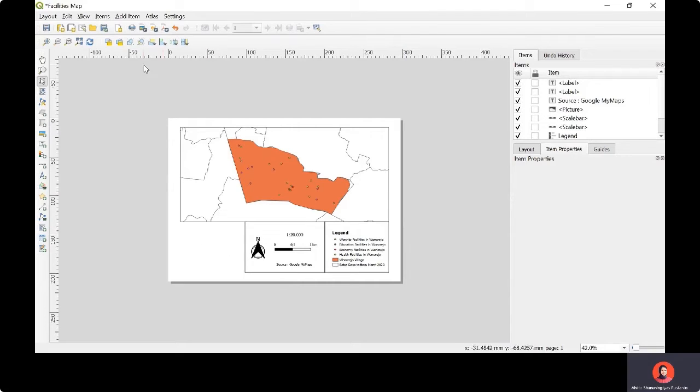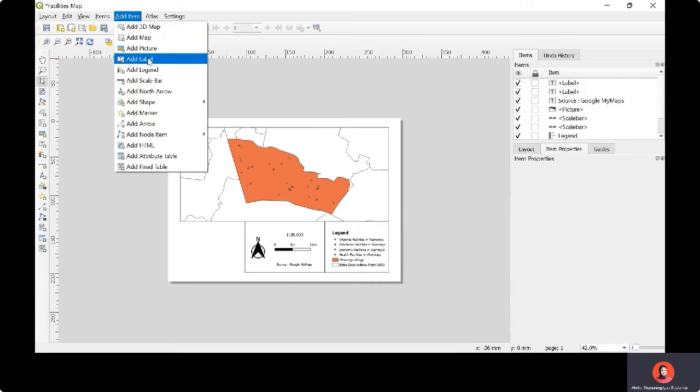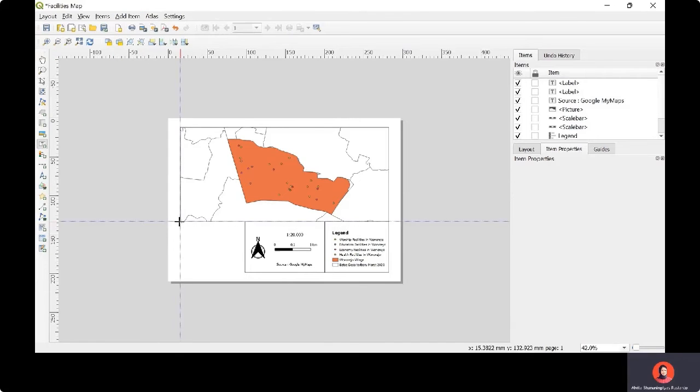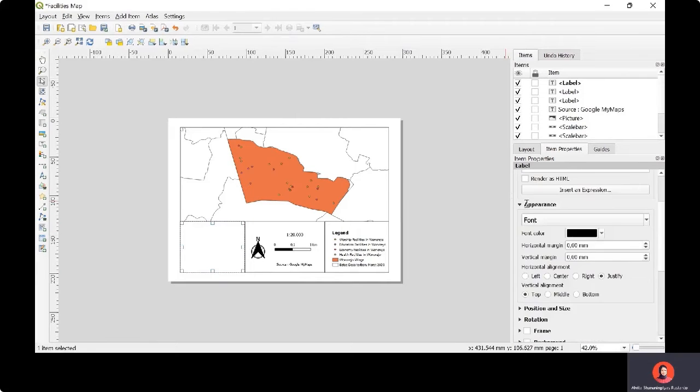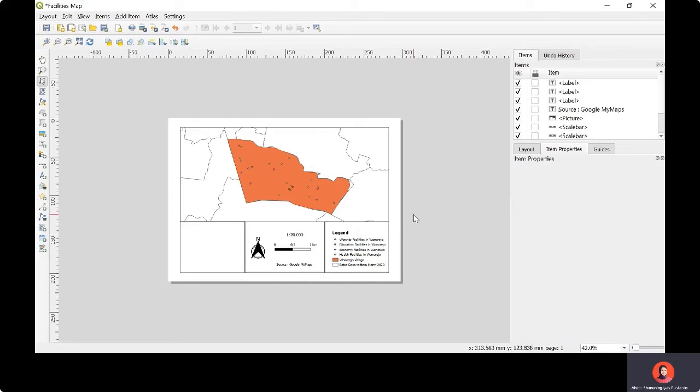And then in here, you just need to put the inset map of Gondang Rejo district. So I will just put the label here, and then do the same thing as the previous step. Check the frame one, and then just